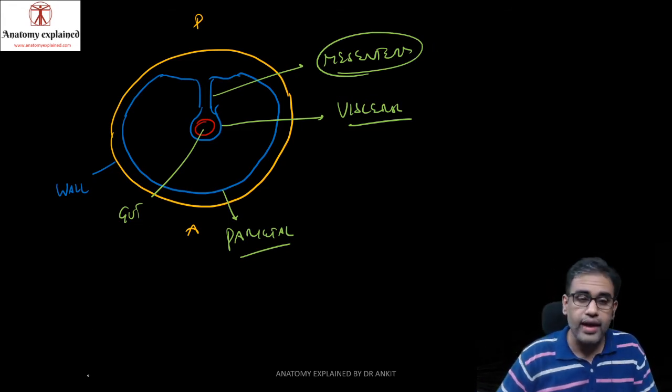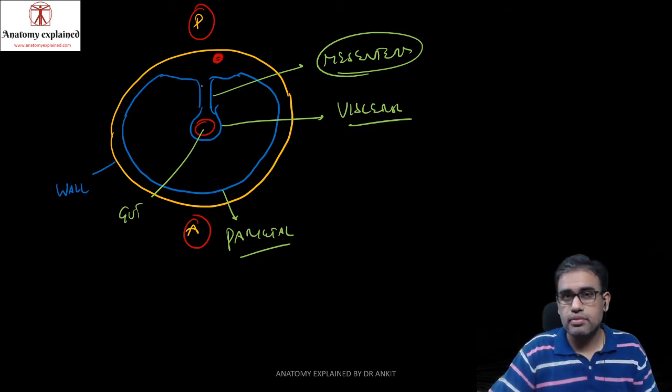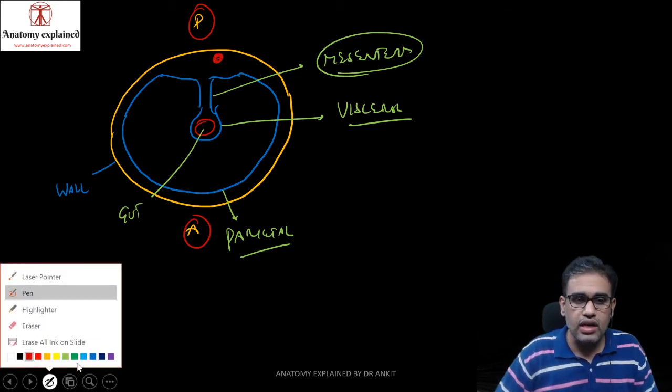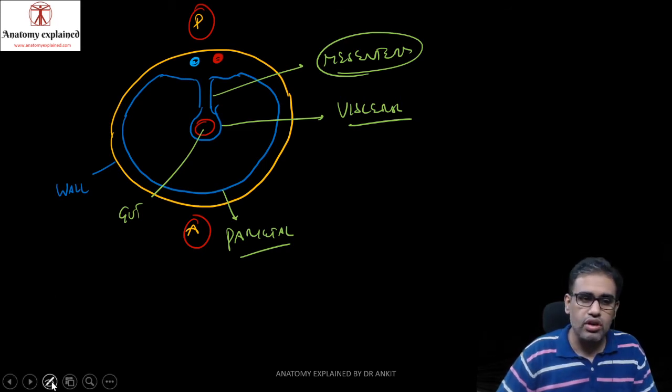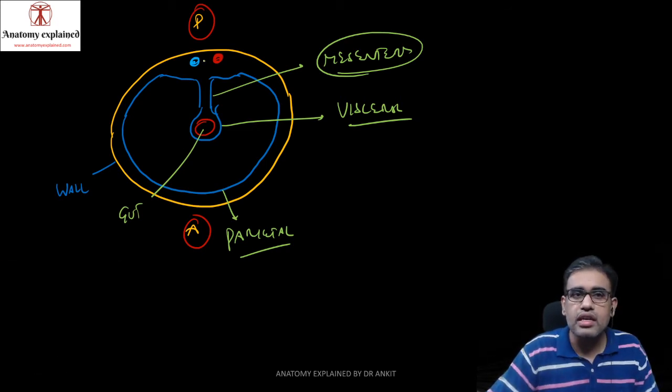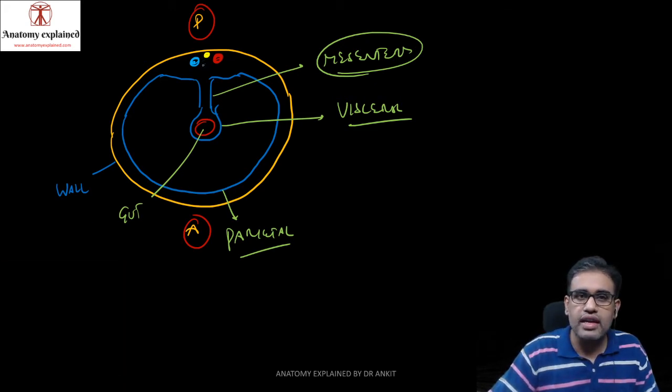Now why do we need this double layered fold of peritoneum? For that you have to understand, this was the anterior and posterior. Posteriorly you have this big vessel which is known as aorta. To the right of this aorta we have another big vein over here, that is IVC. Inside the vertebral column we have the spinal cord, and also over here we have the development of the lymphatic channels. I hope you can see these lymphatic channels.